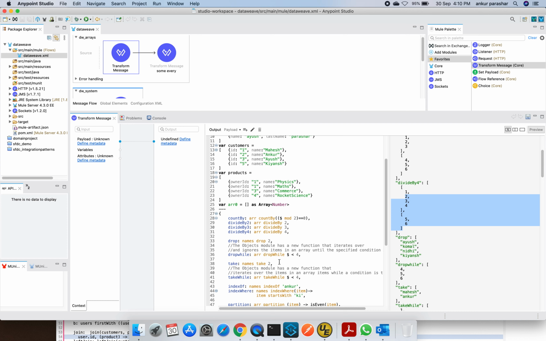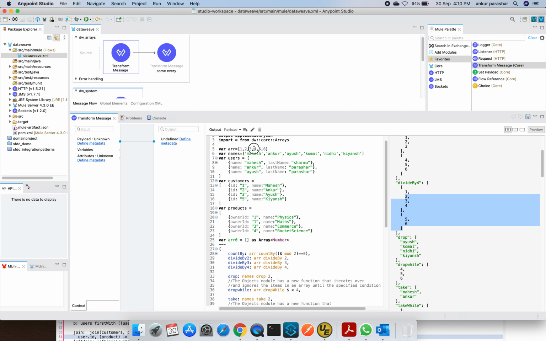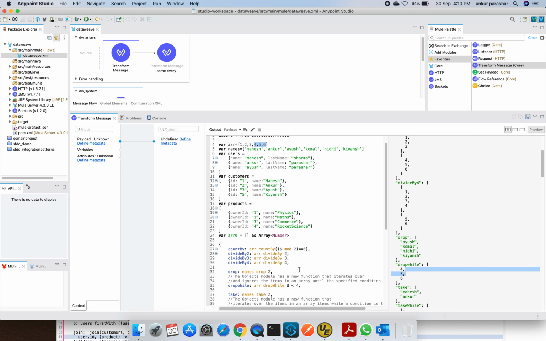Let me adjust it. What it will do is try to drop all the things while the number is less than 4. After that, it will pick up the rest of the things. So here the main motive is to cut out the things. That's why you can see 4, 5, 6 is mentioned in the dropWhile output.